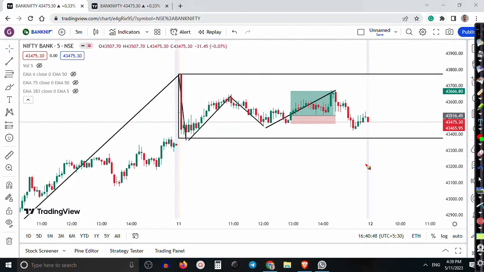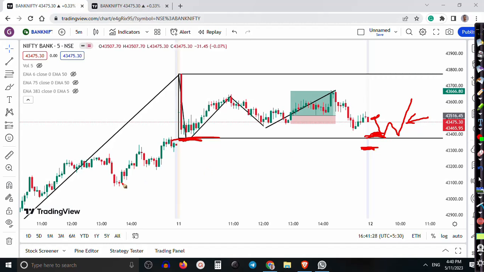Here I'm looking for a short if price opens a gap down or something like that, and after giving a pullback. I will use a small time frame, like the 1 minute time frame. If I get any confirmation, I'll sell here. But if price stays above this previous session low, I'm looking for a buy. Let's say price opens here, and if I find any price action method like that, definitely I'll go for buy. But if price breaks this lower point, today's lower point, I'm looking for a short,